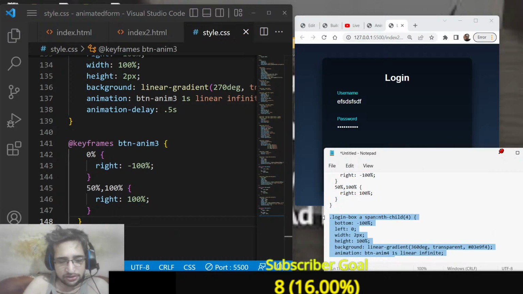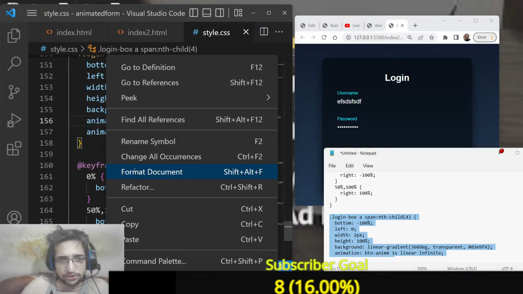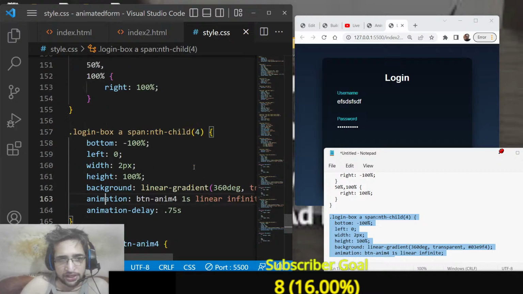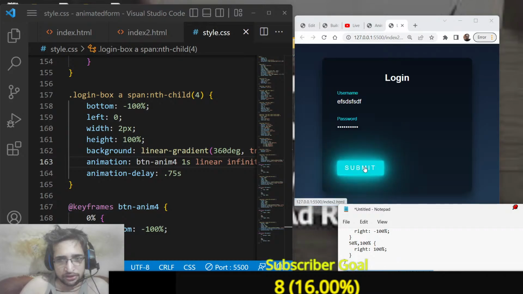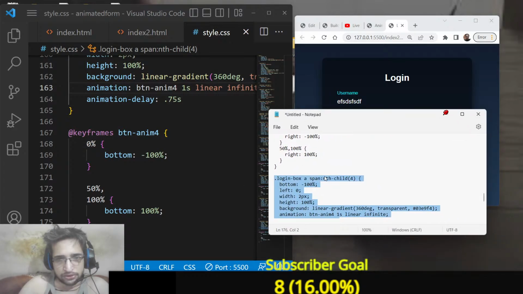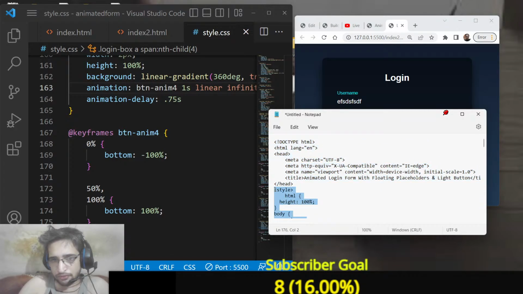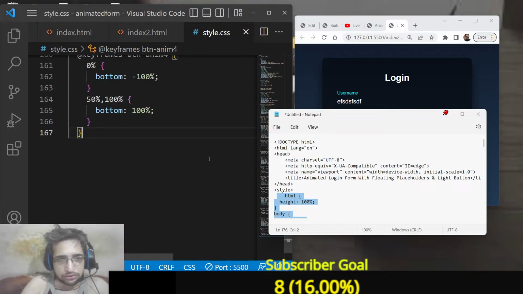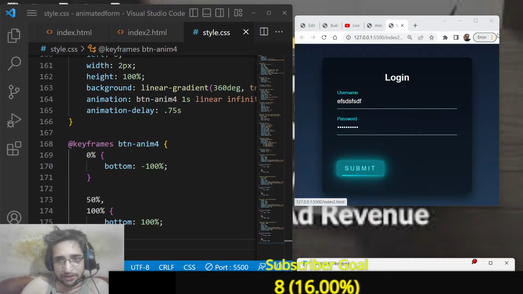So basically I will just copy paste it. Here, guys, you will see we have the fourth nth-child, so we will have the fourth button animation. Let me see, I have made a mistake here. If I paste the correct styles here, guys, sometimes errors can take place. Now you can see